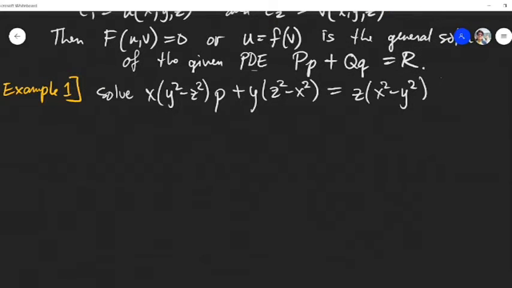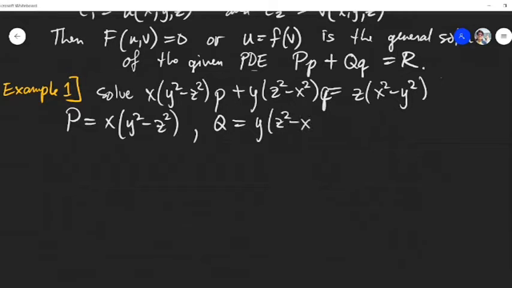Example number 1, let's solve x times (y squared minus z squared) times p plus y times (z squared minus x squared) times q is equal to z times (x squared minus y squared). So what would be our P? That is what is multiplied to small p. So x times (y squared minus z squared). And Q would be equal to y times (z squared minus x squared). And R would be just the whole right side,